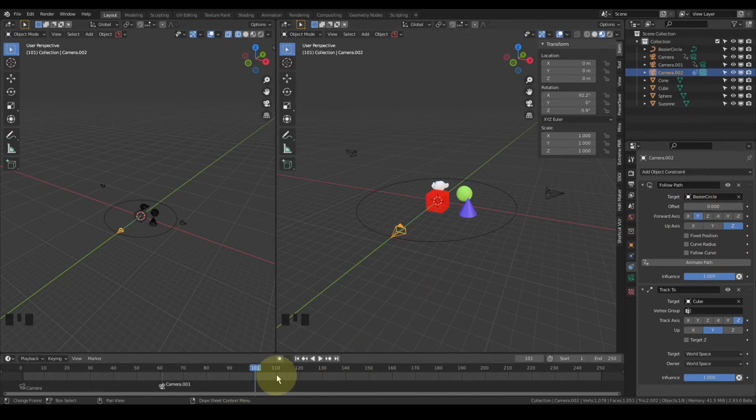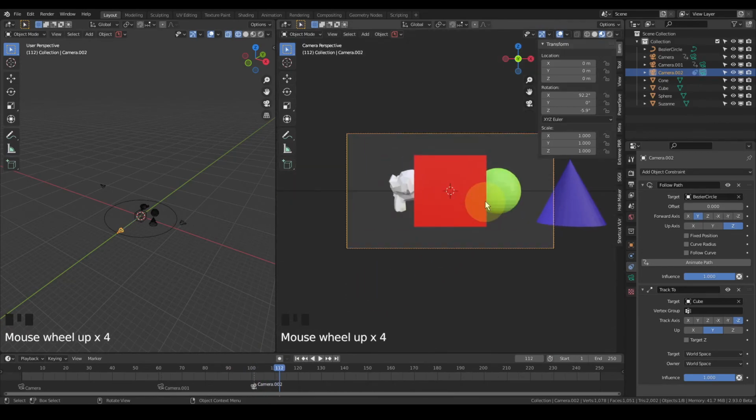But first, let me add a marker here, and I've already selected this third camera, and I'll be pressing Control B while keeping the mouse here in the timeline. Control B. So now, if I go into the camera view, it suddenly changes to the third camera. Okay. So 101.